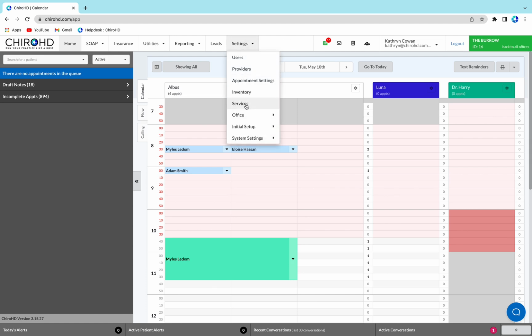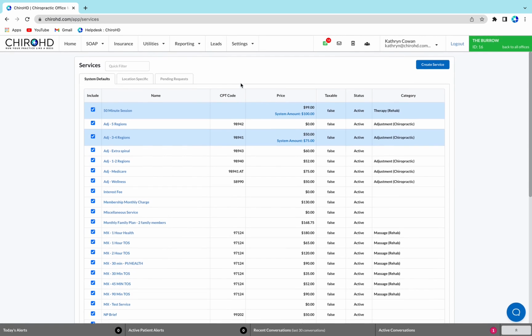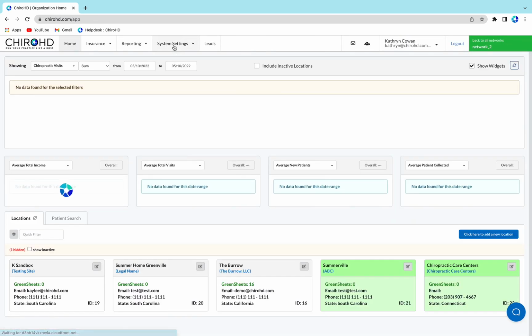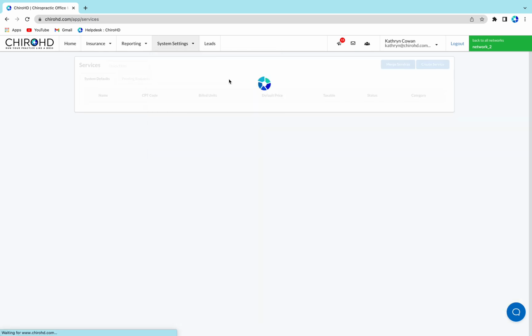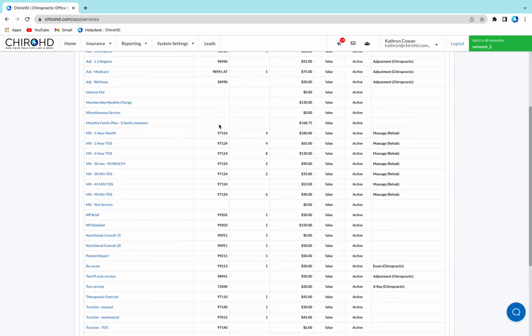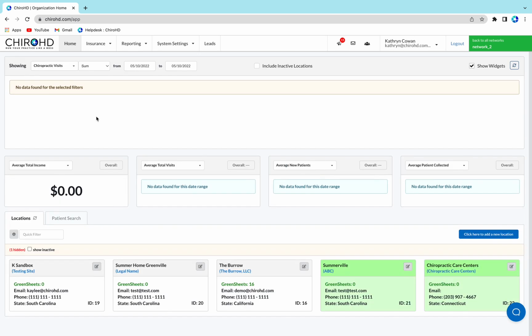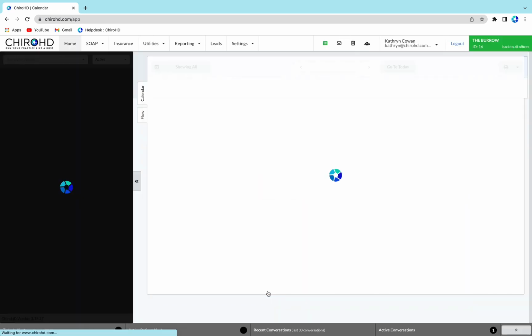Similarly to appointment settings, services in the location are drawn from the system defaults. So if you come back to the system level, you can see your services, and these were all created by the system admin. All of your services can have a CPT code built in, bill unit, a default price, whether they're taxable, and then they're categorized as a specific kind of service. So in the location,